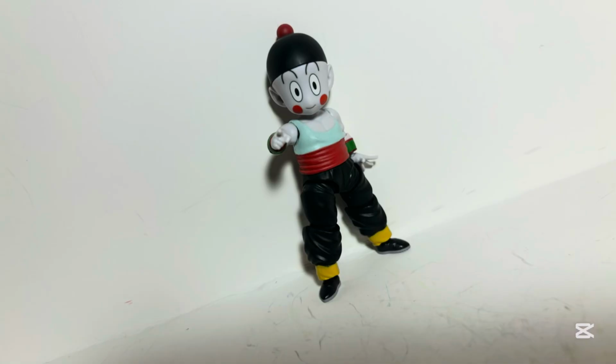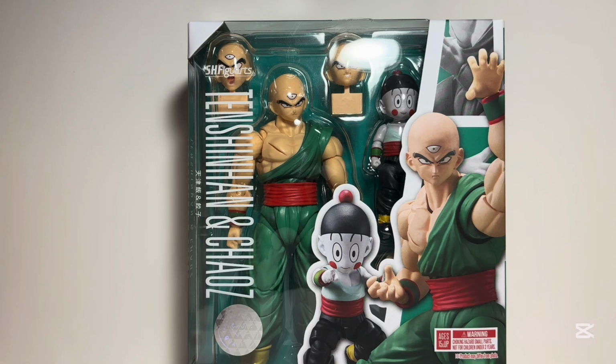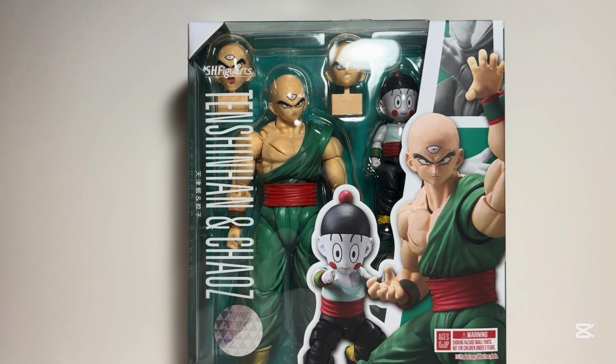Today we're going to be taking a look at the SH Figuarts Dragon Ball Z Tenshinhan and Chaoz. Just in time for Dragon Ball Sparking Zero. You should have seen that coming, that there was going to be a review for it. But I have a lot more interesting characters coming in this week, I think. Like, I have Full Power Broly, Super Saiyan Blue Gogeta,